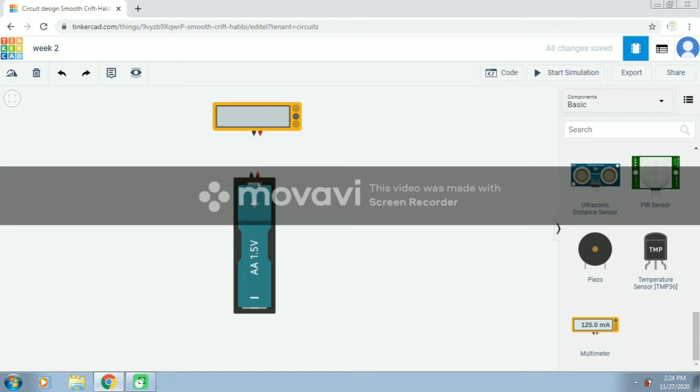So how will I connect it? I will click on the battery positive, click and drag. While I am doing it, I will have a green line. The line is called the wire. It is the wire, a virtual wire. So I am connecting it. When I move it to the terminal of the multimeter, I have a red highlight over there. So I'll click on the red highlight and it gets connected. Okay, you can even change the color of the wire if you wish. Okay, so again I am doing it. Have a look. I'll click on the negative terminal, and when I am leaving it, I have to again click on the negative terminal of the multimeter, so it gets connected.